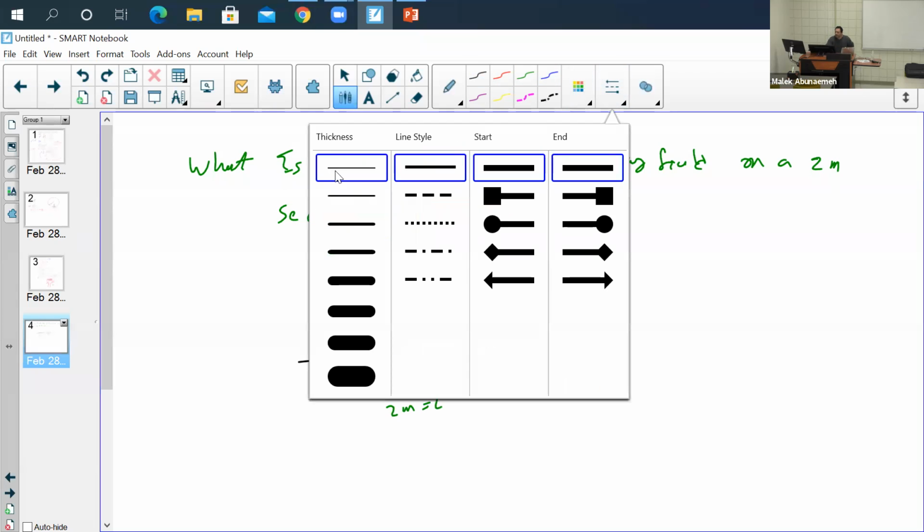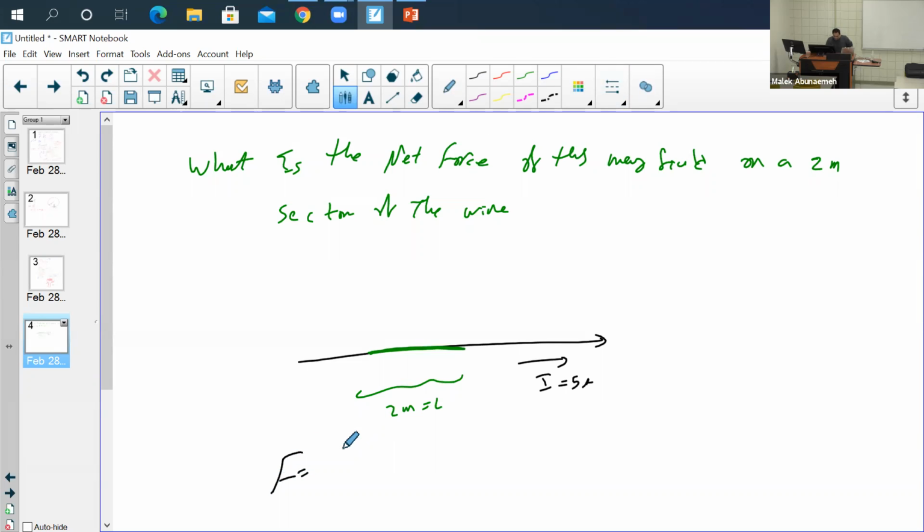So the net force is going to equal qvB sine of the angle between them. Now the angle between them, we don't have it, so it's going to be 90. So it'd be your 5 amps